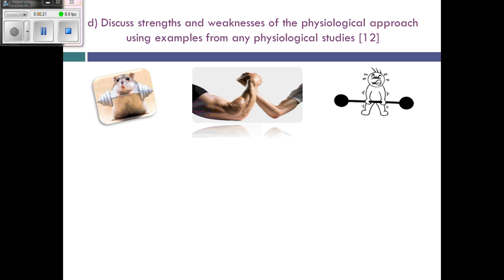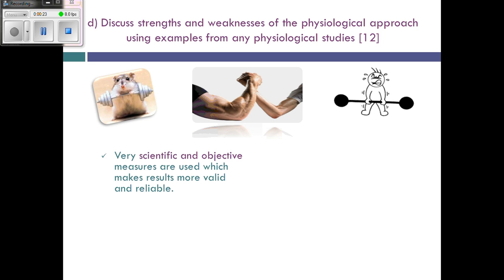So the first strength of the approach is that it's very scientific because it uses measures which are objective. They're kind of things that don't require any subjective interpretation, which suggests that what they say about behaviour is more likely to be valid, true, and reliable, consistent each time it's tested. So, for example,